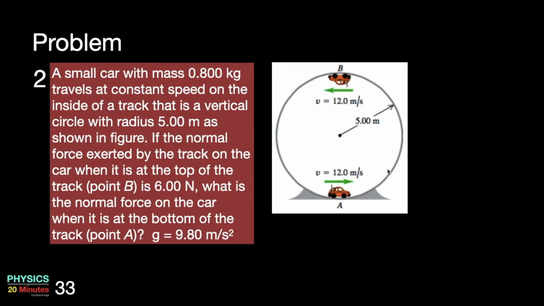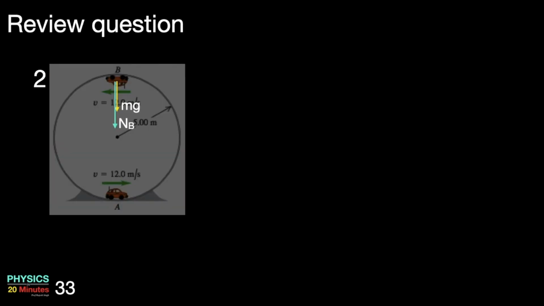So the car is going in a vertical circle, it will press the surface at B in the upward direction and the normal force will work in the downward direction. This is a very special case. The speed is held constant at 12 meter per second. At the topmost point mg and NB are working in the downward direction, acceleration is in the downward direction. At the lowest point the NA and mg will work in opposite directions, normal reaction upward, mg downward. Acceleration is going to work in the upward direction.